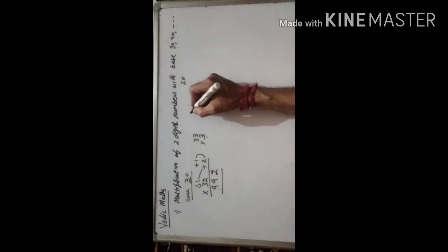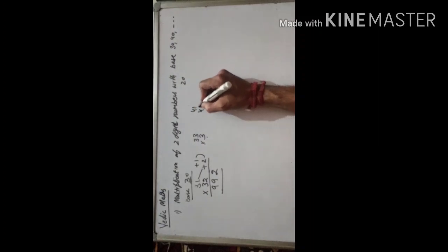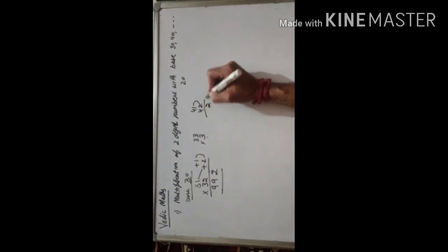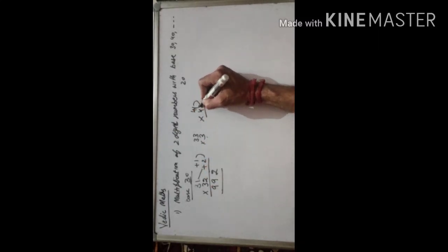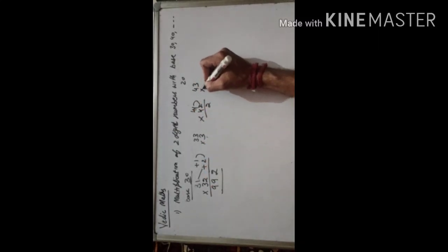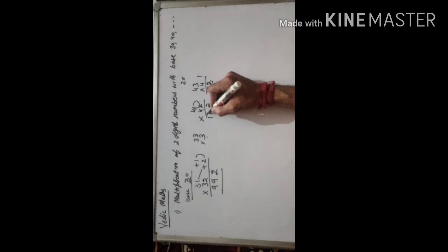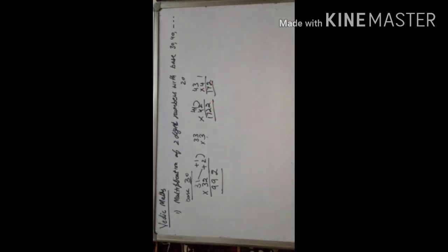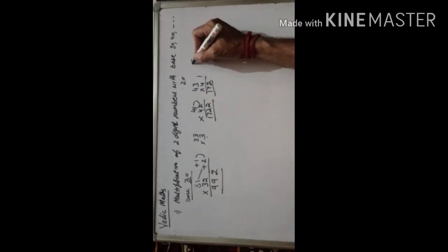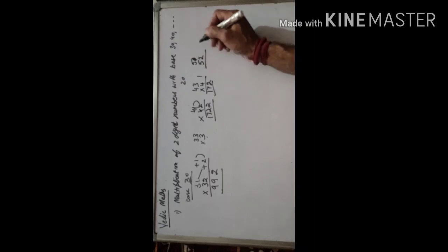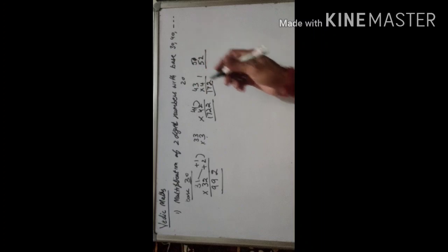Similarly for base 40, 41 into 42, 2 ones are 2, and 41 plus 2 is 43. 43 into 4 times, 4 threes are 12, 4 fours are 16 and 1 is 17, that is 1722. But when we go to 51 into 52, it becomes difficult to multiply 5 times.